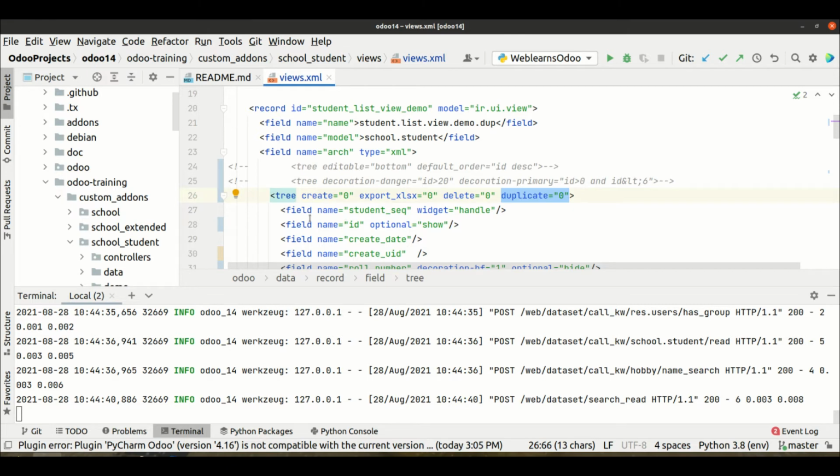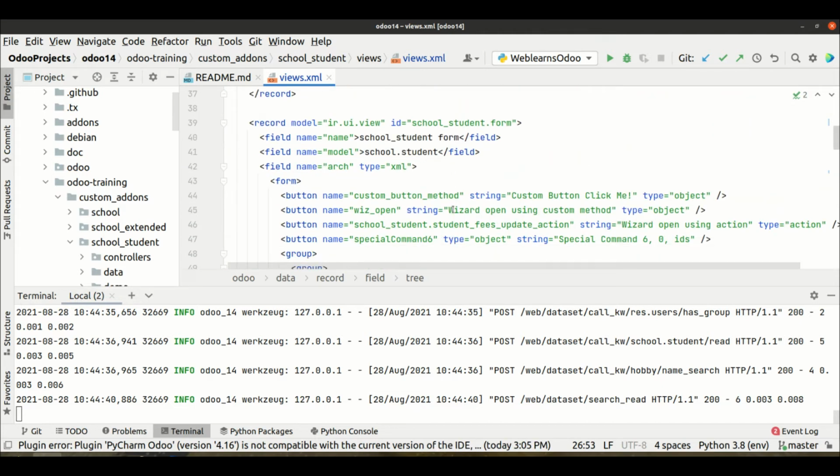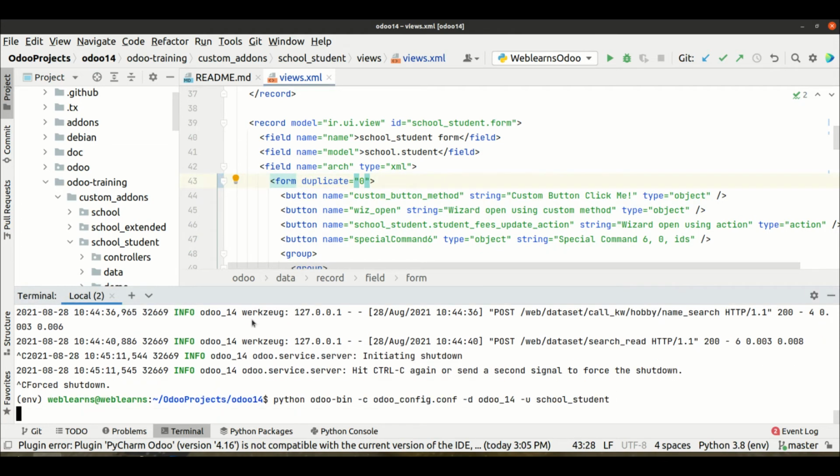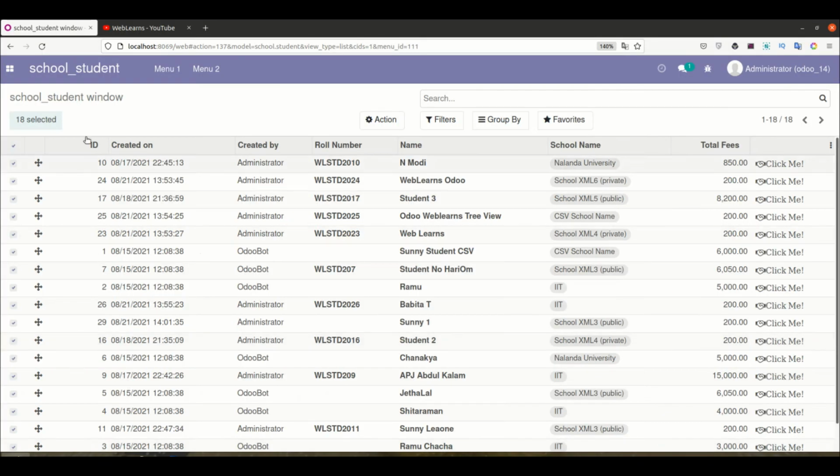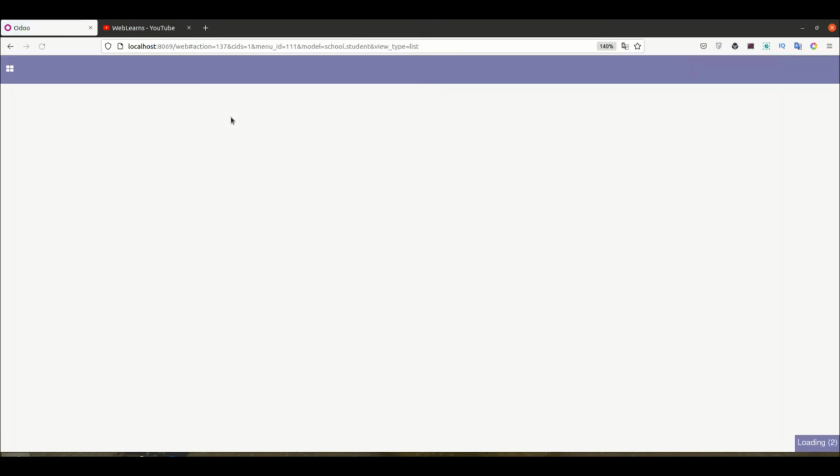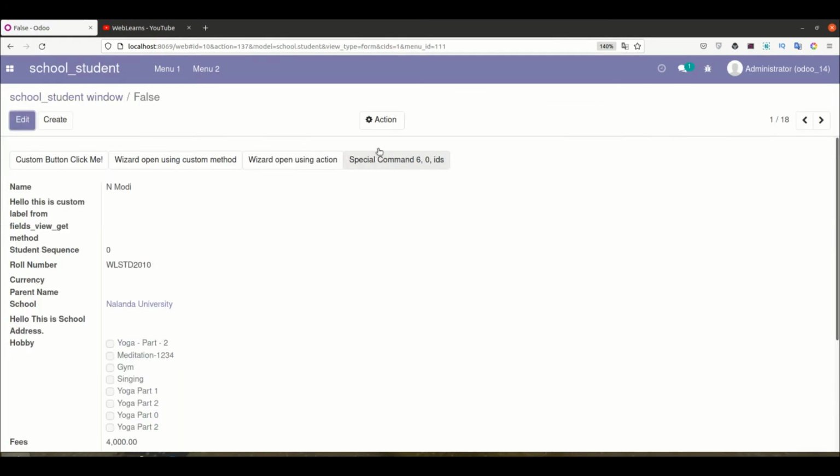Why? Because we mentioned this attribute in this view, I mean the tree view. But if you cut this and paste it in the form view here, upgrade the module, and refresh the page, now if you open any form view, you can see that the duplicate option is also invisible.